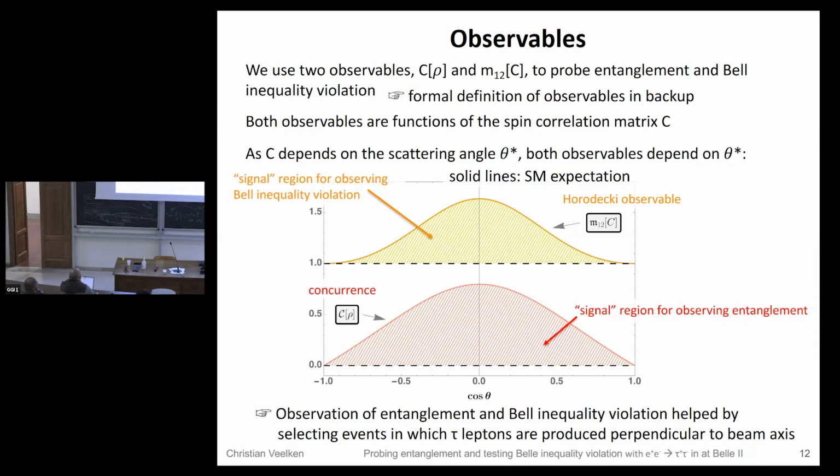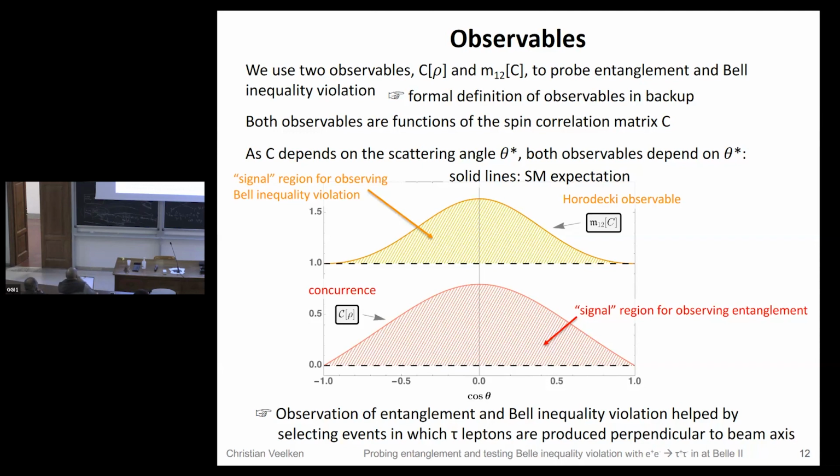My experience as an experimenter is always that the resolutions work against you. They make your signal weaker. That means the value that we will measure will be somewhere here. And as long as we stay in this yellow area, we can still observe Bell inequality violation, and similar for the concurrence. As long as we stay in this red area, we move down a bit, but we don't move down by too much. We are good, and we still observe a signal, which would be the detection of entanglement